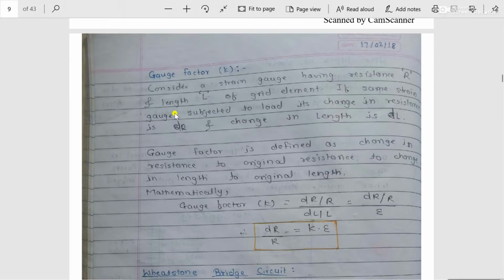And by using these four parameters, they have defined the gauge factor. Gauge factor is defined as the ratio of change in resistance to original resistance, to change in length to the original length. That means the simple definition for the gauge factor is the ratio of change in resistance to the original resistance divided by change in length to the original length, and the same definition is represented in mathematical form, which is indicated